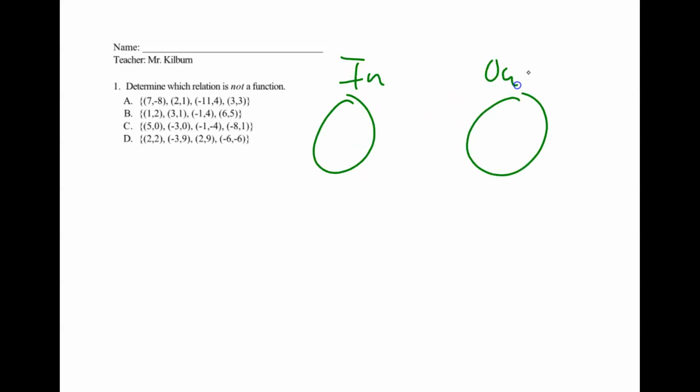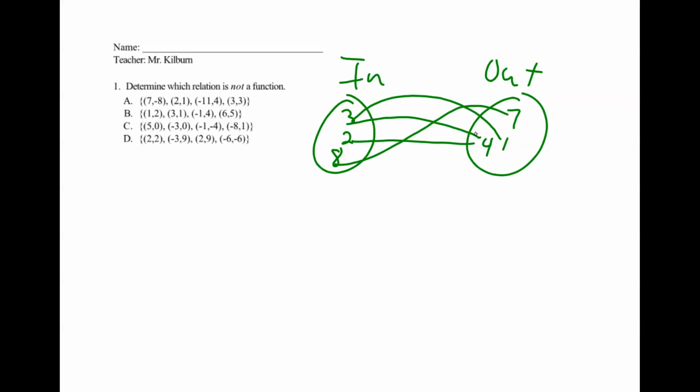So for number 1, determine which relation is not a function. So remember with functions, each input can only go to one output. So if here's 3, 2, 8 here, and 7, 1, 4, whatever, each input can only have one buddy. That's it. As soon as an input goes to more than one output, not a function. So basically what you're looking for is an x value that's repeating. So if I scan this and look for an x value that's repeating,